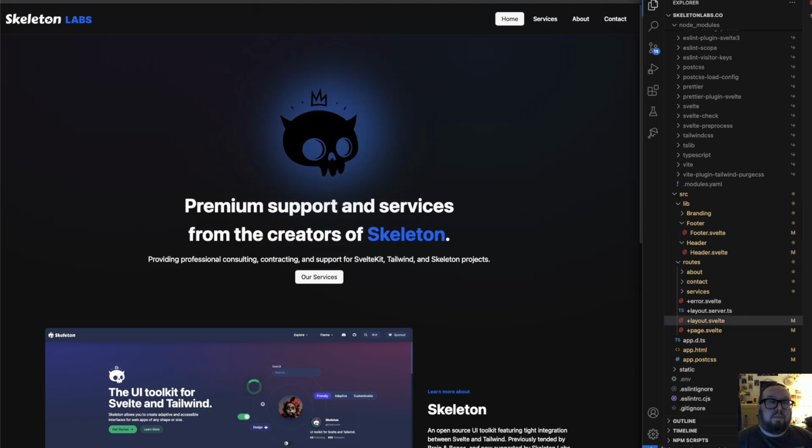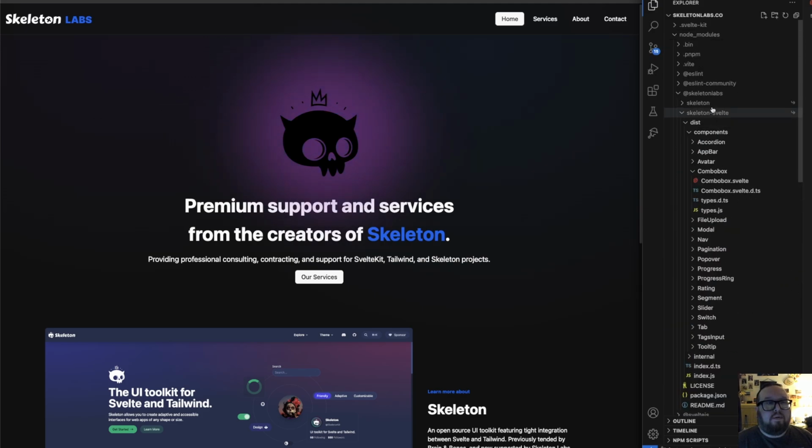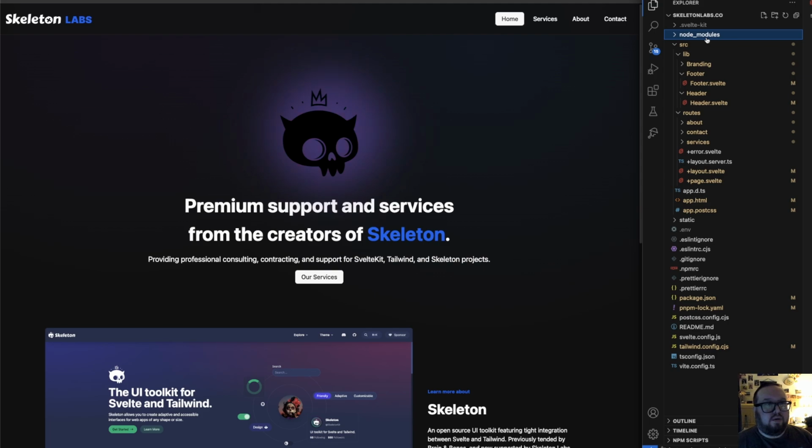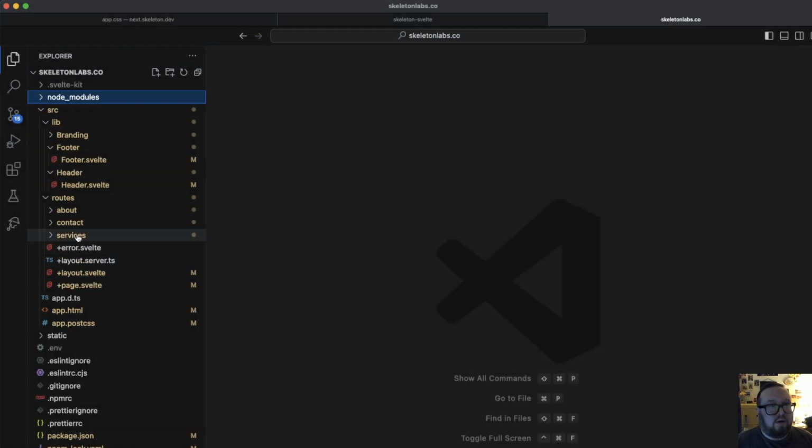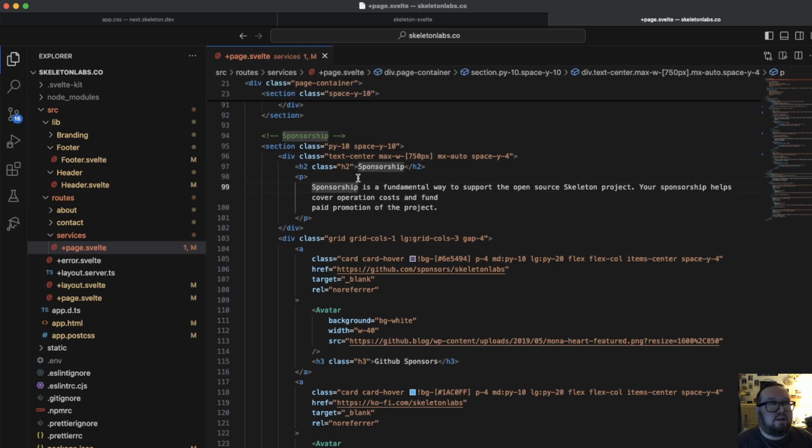We're going to go through the next couple pages. We're going to go through these a little bit more rapid fire, just because we're going to be doing a lot of the same things over and over. But let's go to services. I'm going to close out the page. And we're going to look here and say, okay, go to services page, and let's just take a look at